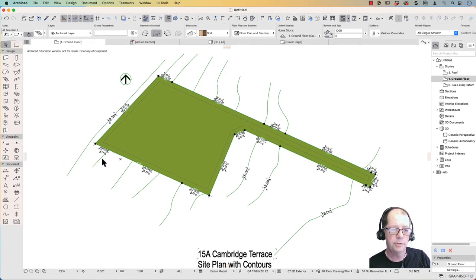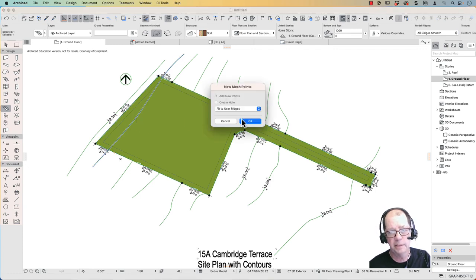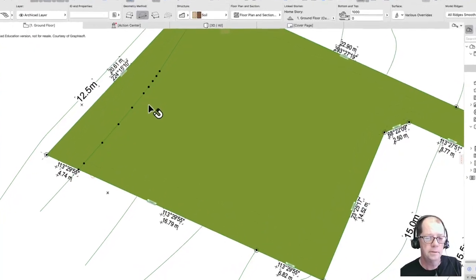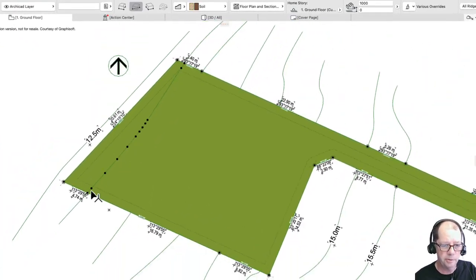So now what I need to do is bring in my contour lines through here. First of all I have to select my mesh. It's selected now. You can see here it's selected. I need to get my mesh tool, and then I can use my space bar and click on that polyline. Okay, so now that I've got that contour line,